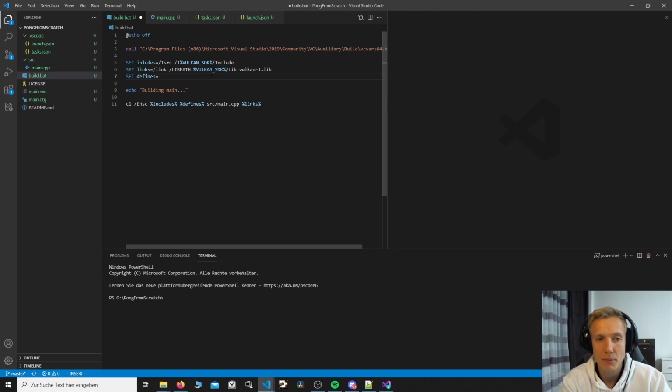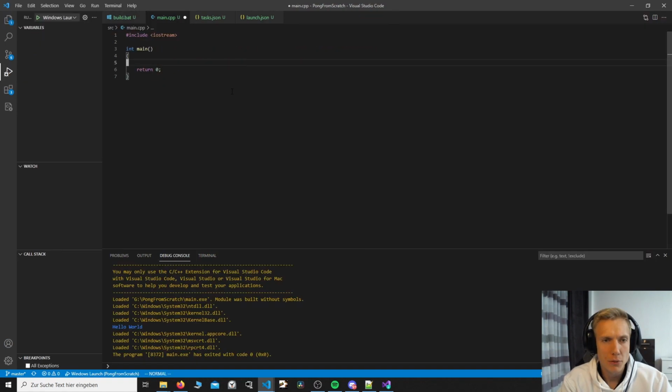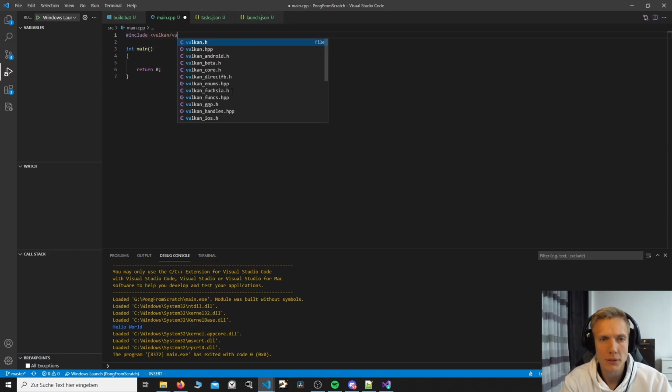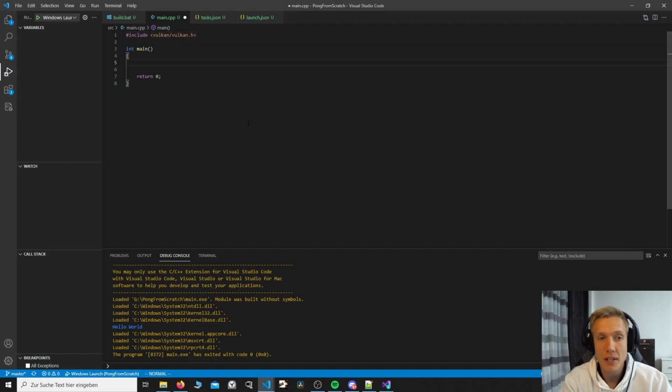Next, we can add some defines. You can add defines by typing /d. And I like to add debug most of the time in the beginning. And we might add some other stuff later, but this is what we do for now. Let's do something more interesting than just doing IO. We will include vulkan/vulkan.h. In case VS Code doesn't find Vulkan for you, what you can do is you can press Ctrl-Shift-P, which will